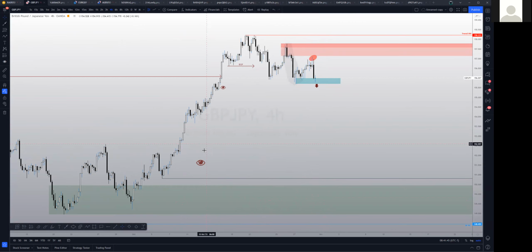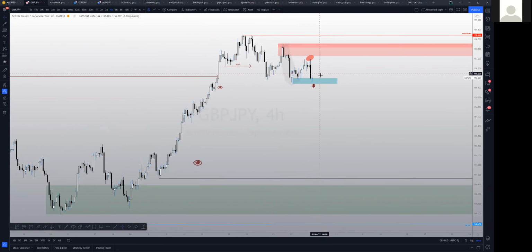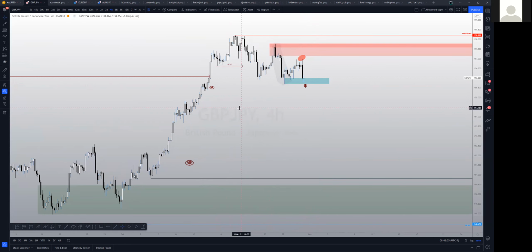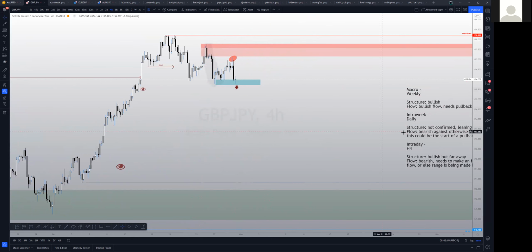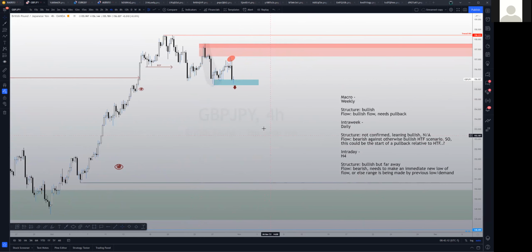And I would have some initial targets over here, and then obviously over here where my weekly demand lives. So looking for potential shorts this week, this is definitely on my radar, looking for GBP JPY counter trend shorts into potentially, depending on how well this moves in the next week or two, pro trend long positions. So really planning this one out ahead of time, but I think that a short situation counter trend here makes sense. If you're comfortable with that. If you're not comfortable with that, then just sit out and wait for the pro trend longs in a week or two.